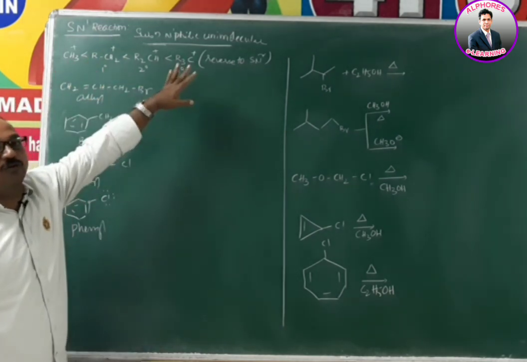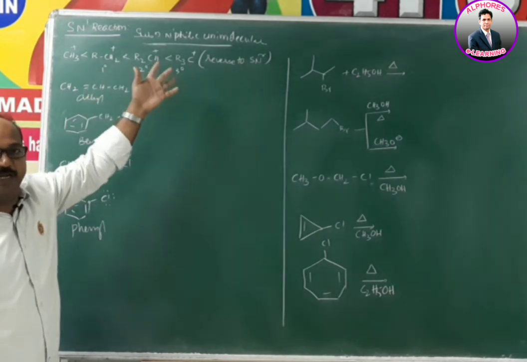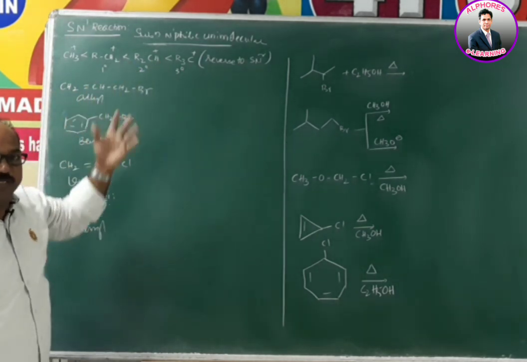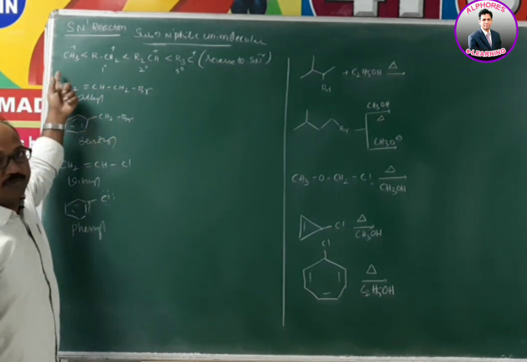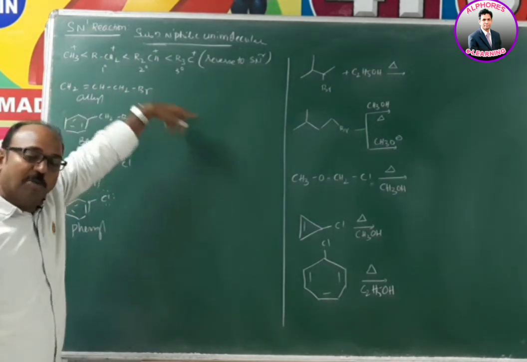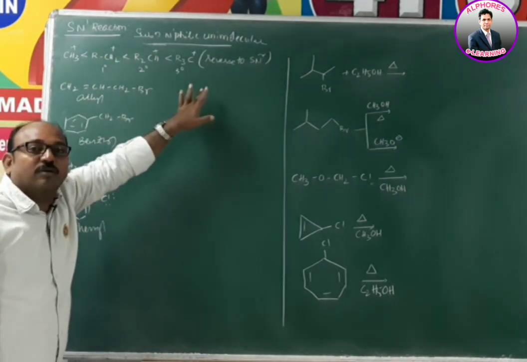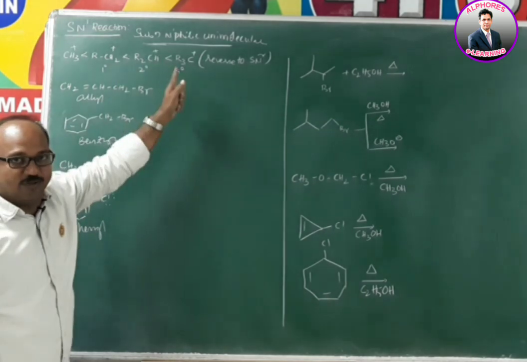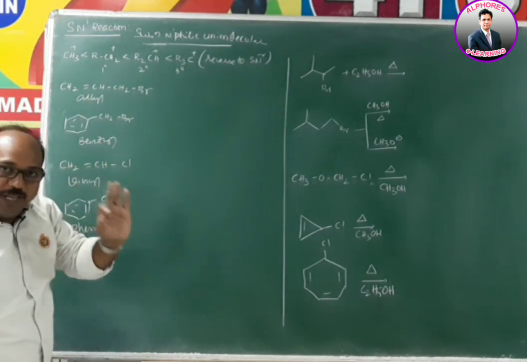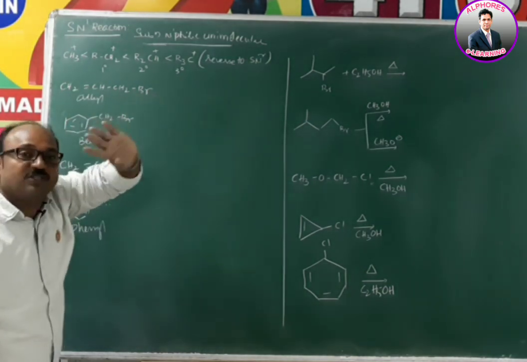tertiary butyl SN2 does not take place because of steric hindrance. Once again, for SN2, not SN1, methyl is more and tertiary butyl is less. Now for SN1, methyl is less and tertiary butyl is more, so it is nothing but the reverse of SN2. That statement, reverse to SN2, is applicable up to here only. You are not supposed to generalize.